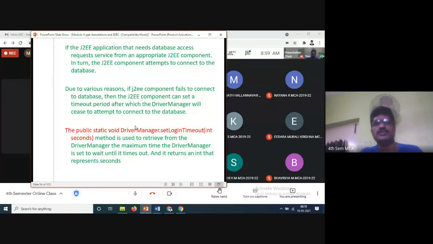So the J2EE applications that need database access request service from the appropriate J2EE components. So whenever you are giving the database connections, the J2EE component will be providing the connection establishment for us. In turn, J2EE components attempt to connect to the database.